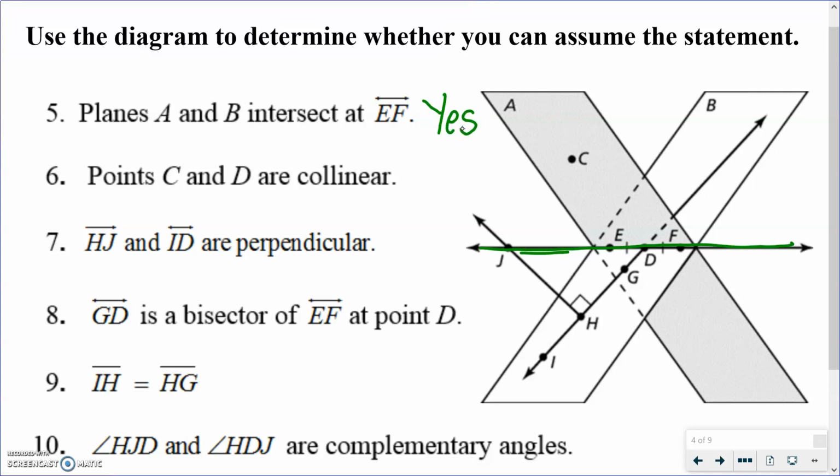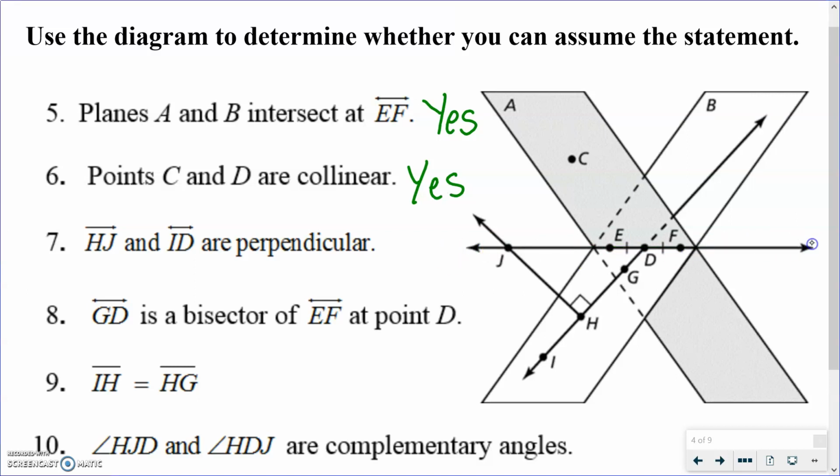C and D are collinear. Well, I don't even need to know where C and D are. I can say yes, because any 2 points are collinear. If there's just 2 points, they are collinear, period, end of story. You can draw a line through any 2 points. Okay? Next part is